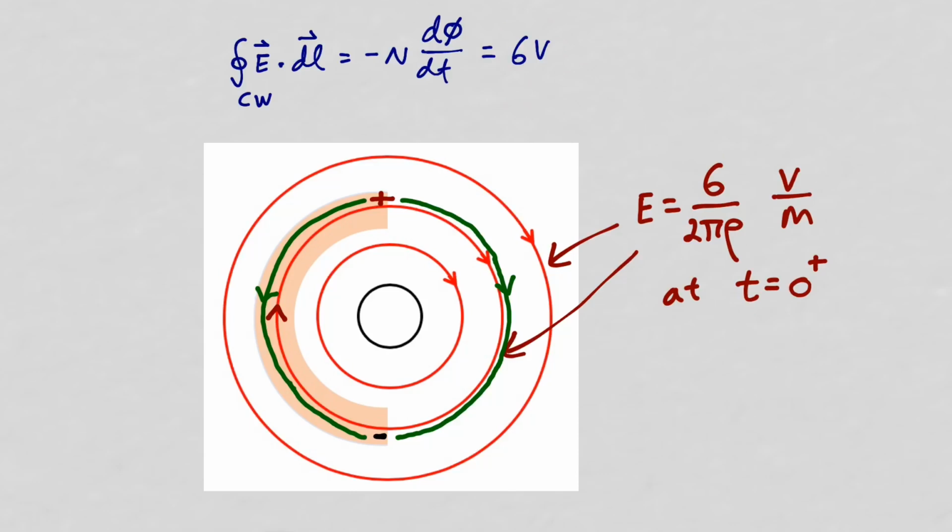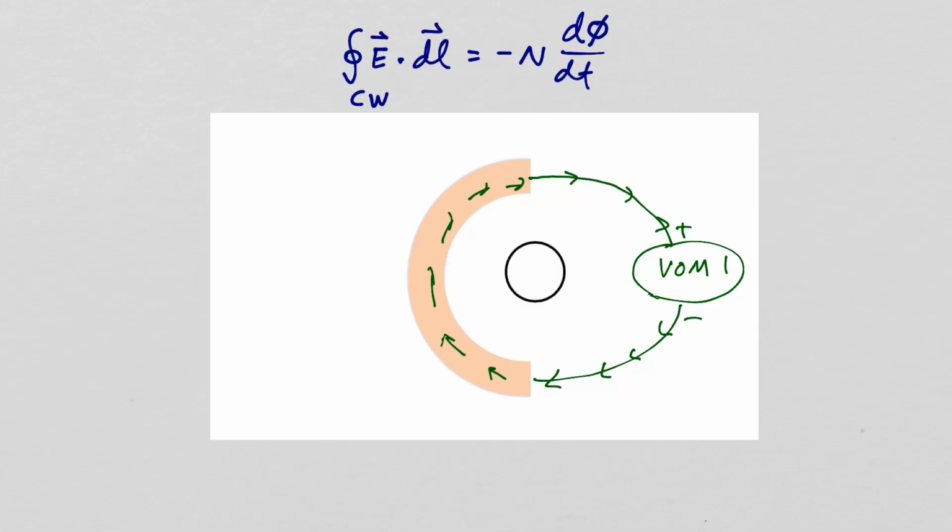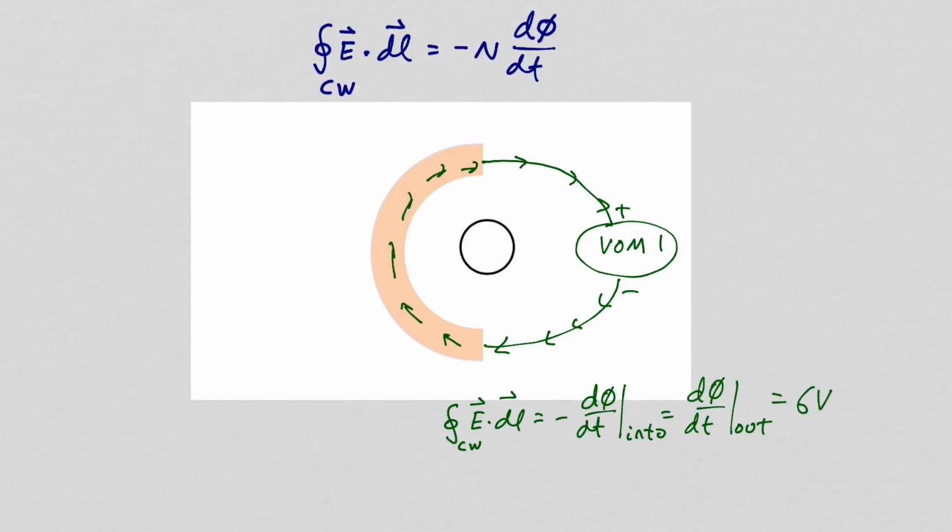Let's attach a voltmeter with the positive terminal to the top part of the half ring and the negative terminal to the bottom part of the half ring, and the ring, leads, and voltmeter are all in the same plane. Let's take the path of integration through our half ring conductor, through the upper lead, through the voltmeter, and through the bottom lead back to the half ring conductor. Putting your right fingers in the direction of integration, your right thumb points into the page.